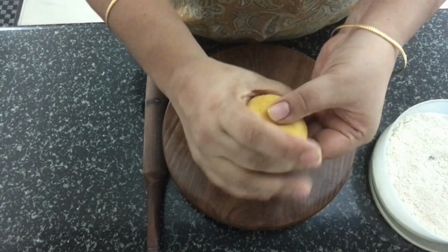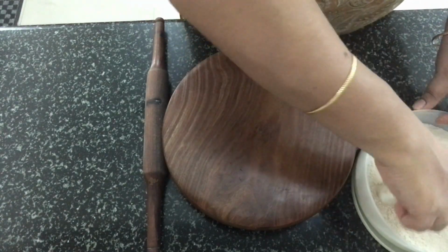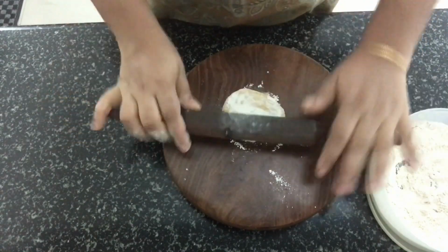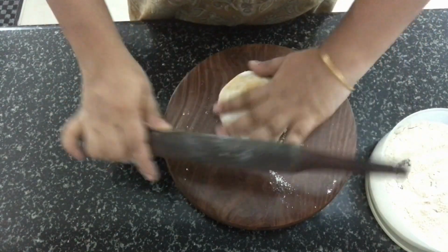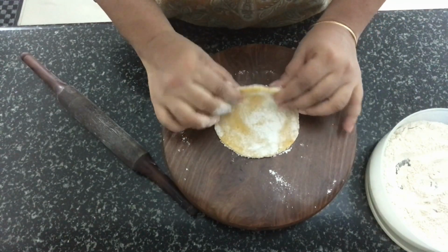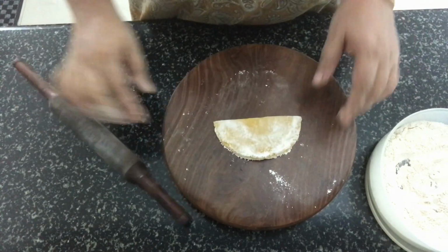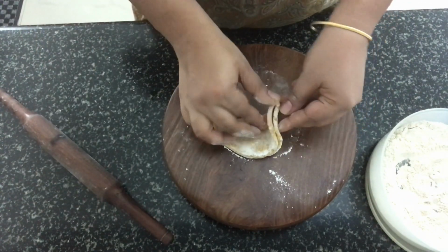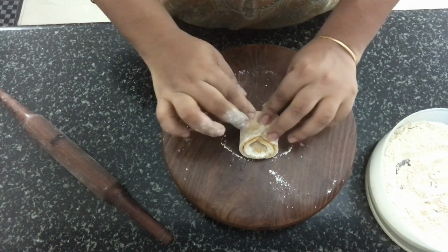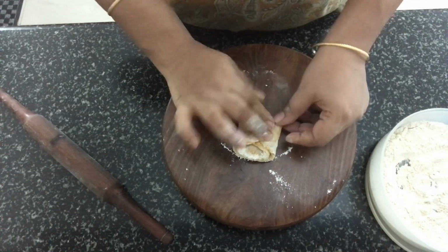flatten it into a peda, dip it in some atta and start rolling it. Roll it into a small round. Then fold it into a semicircle and bring the edges to the center like this so that it becomes a square. Now seal this completely,